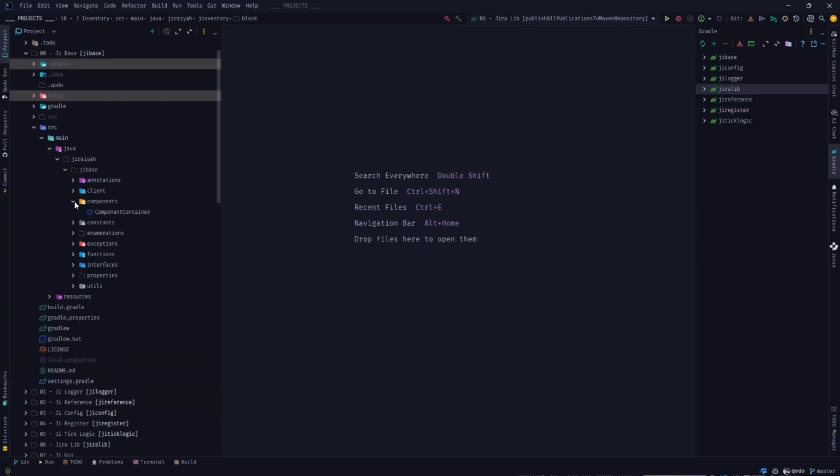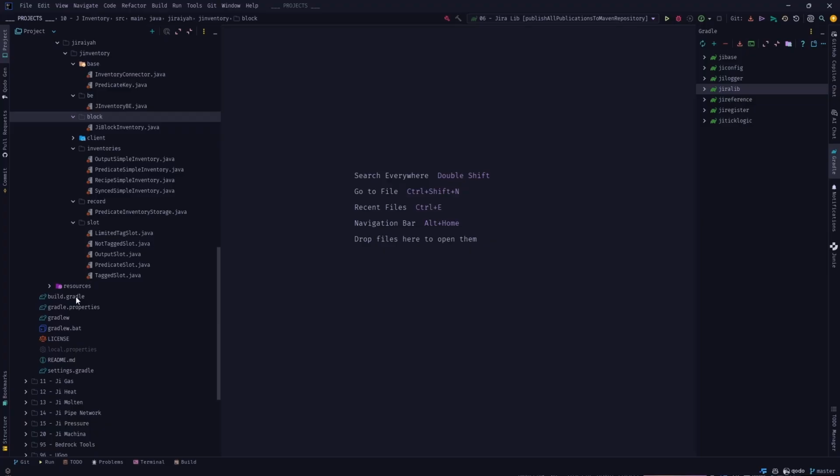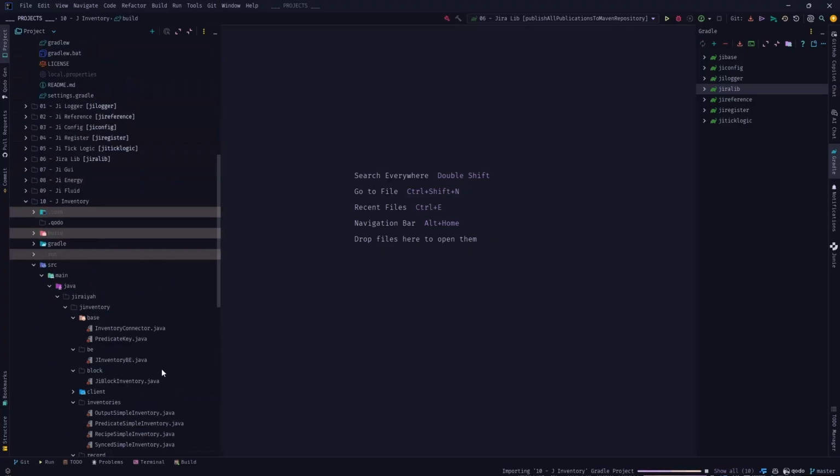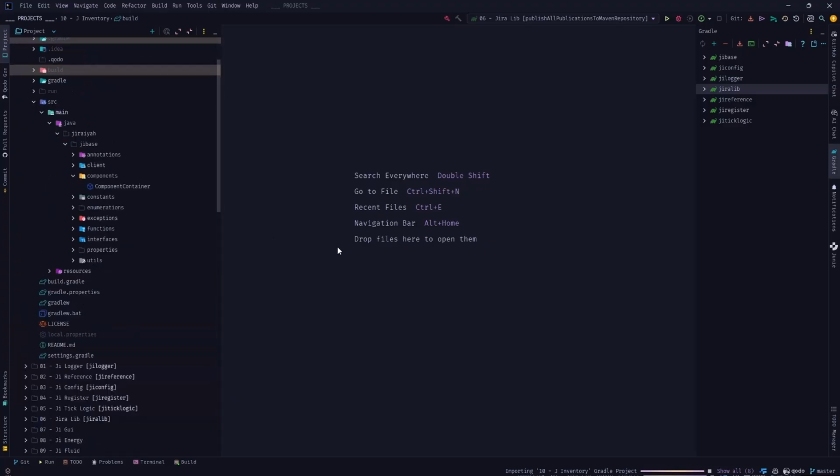However, he had started using something called components. Now, this is not the components that you see inside Minecraft. That is something else. He was implementing his own component system, and his own component system was something that at the start looked promising, but the more I thought about it, the more it became obvious that it was overcomplicating